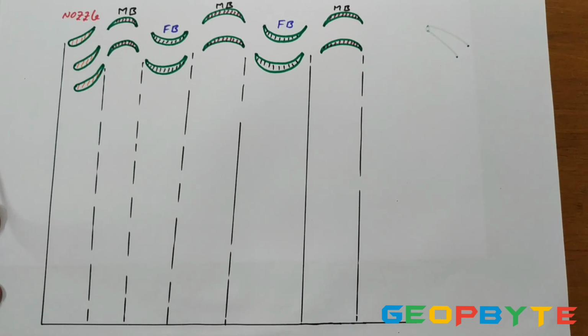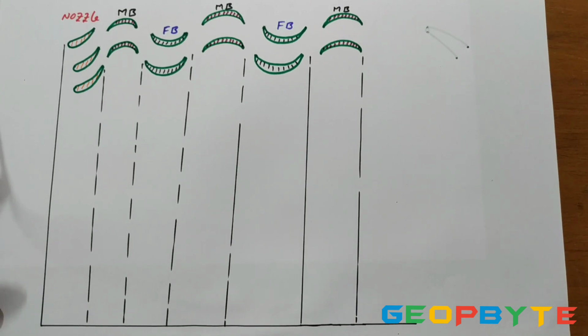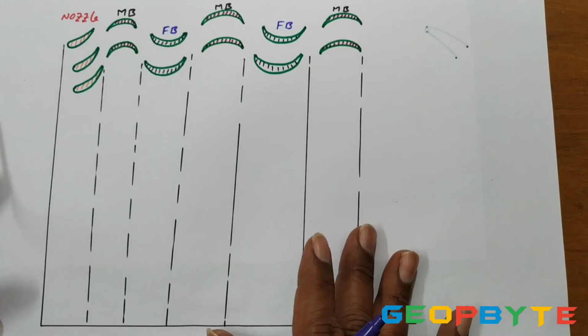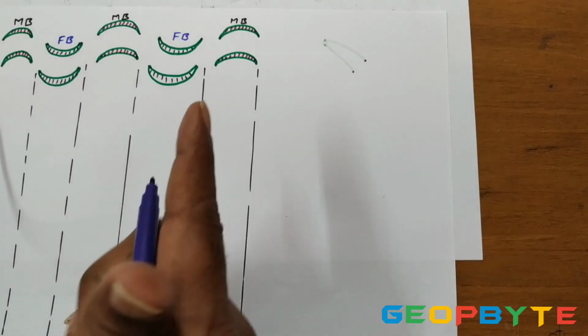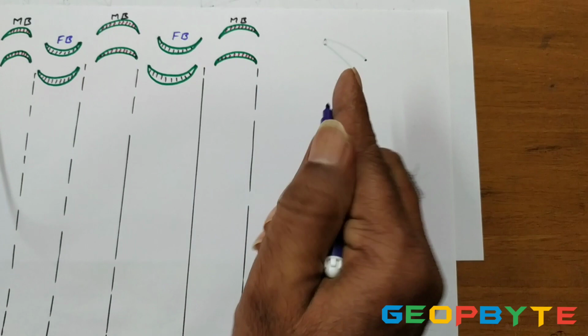In the case of impulse turbines, the blades are arranged such that there is a uniform area of flow. As long as the area of flow remains the same, the pressure of the working fluid remains the same. But while the steam is passing through the nozzle, pressure decreases. Because of the decrease in pressure, enthalpy drops. The drop of enthalpy is converted to kinetic energy. That means a high velocity jet is leaving from the nozzle.